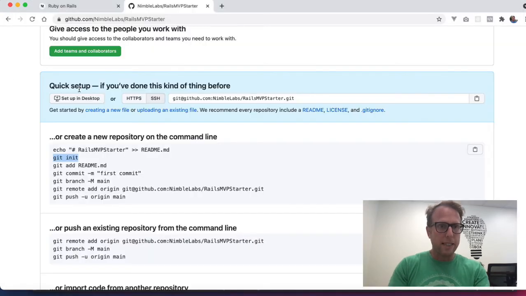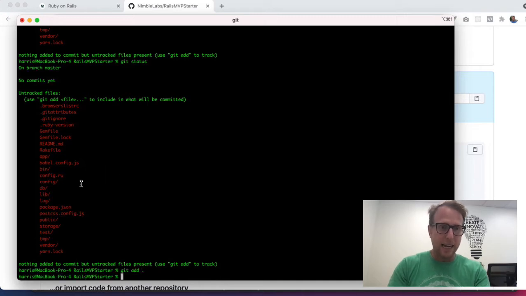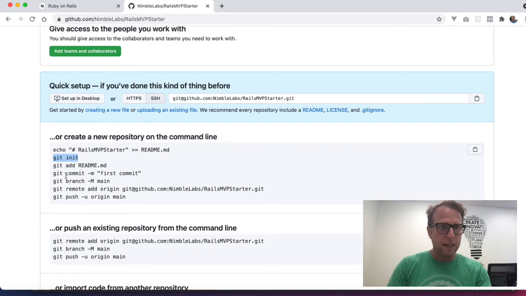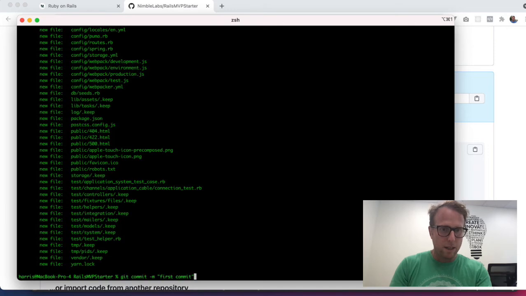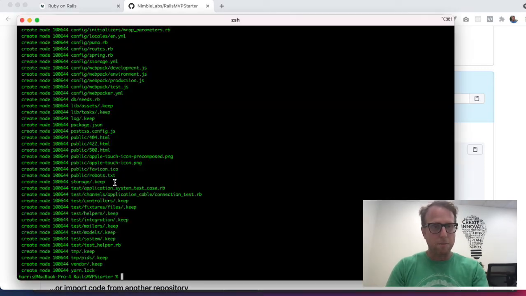So if we go back to GitHub, it says git add README. I'm going to say instead of that, git add ., and that's just going to add everything. So if I say git status, now we'll see that all these files are staged to be pushed up. I can say git commit. The message doesn't matter: new Rails application for MVP projects. I'm going to commit all that, and then now I'm going to create this main branch,